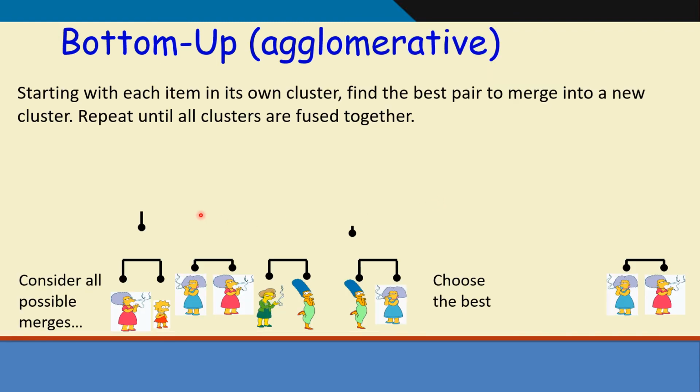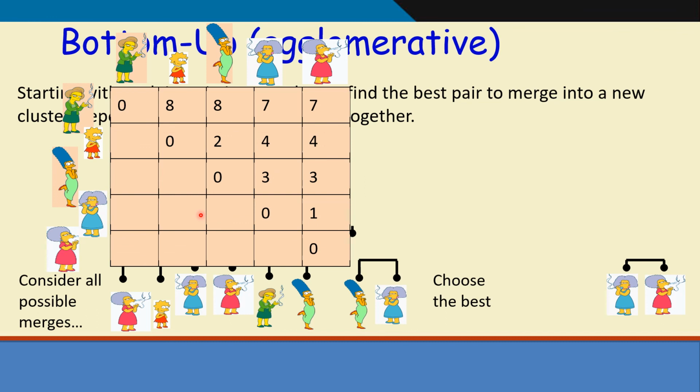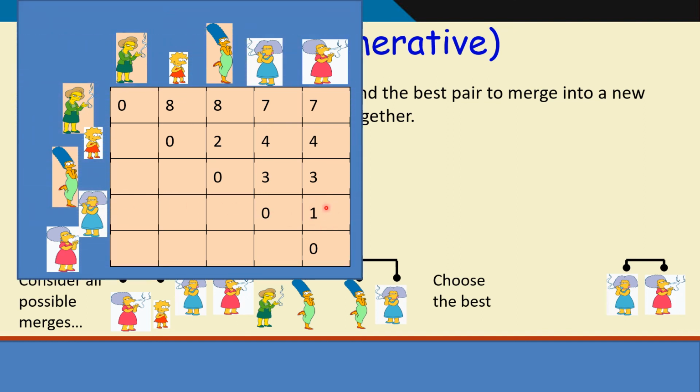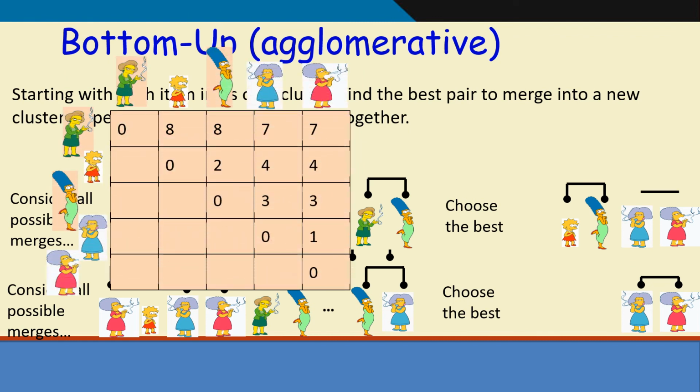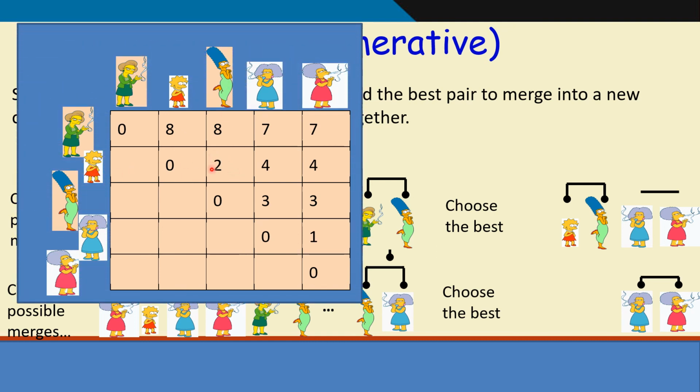So we start with each item as a cluster in itself. Now we look at the matrix and see which points have the least distance. If we look over here, this point and this point have the least distance. Thus, we combine these 2 points and put them into one cluster. Then we see the matrix again and see which are the next points nearer to each other. We find that this point and this point have the least distance, so we combine them and make them into another cluster.